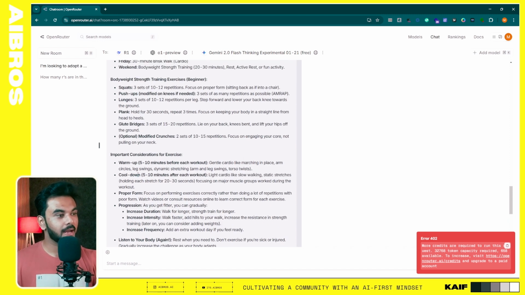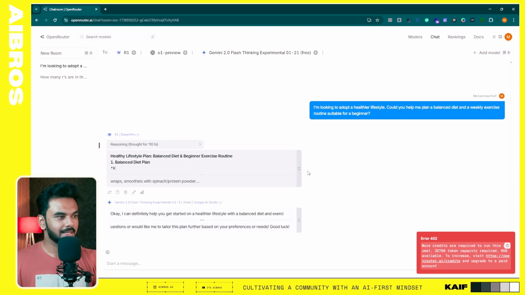It is also suggesting to warm up and cool down after each workout. This is very good. Bodyweight strengthening exercises: squats, push-ups, lunges. Pretty good, pretty awesome. Let's check if